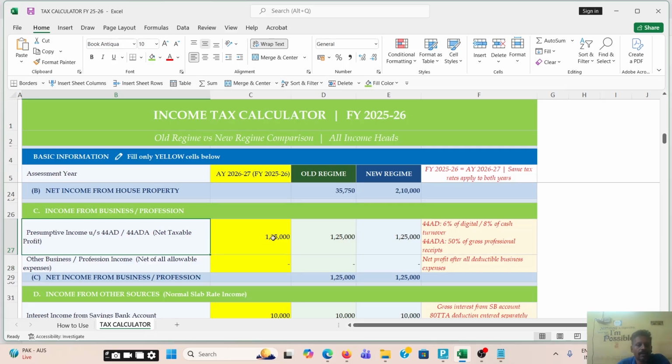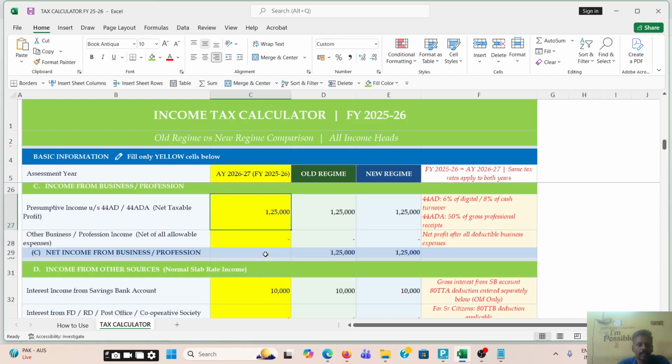Everybody knows that under presumptive income, you have to show a profit of 8% of your turnover. But if you are not using 44AD, you are directly filing in ITR 3 also, you just enter your net profit here to find out the best regime for you. So you just enter the net profit here.